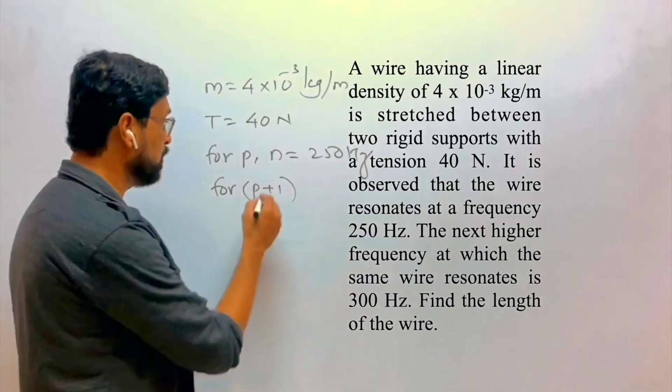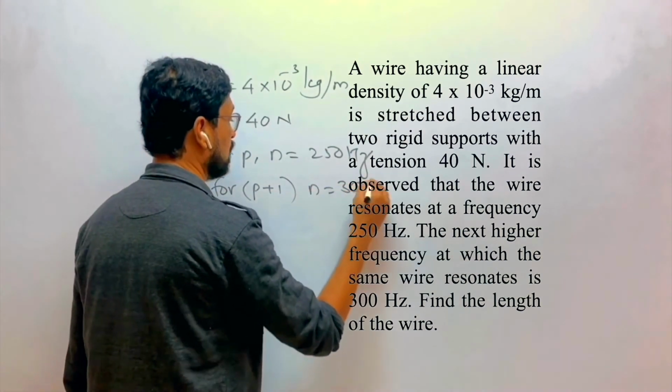P+1 हार्मोनिक। फॉर P+1 द फ्रीक्वेंसी इज 300 हर्ट्ज।